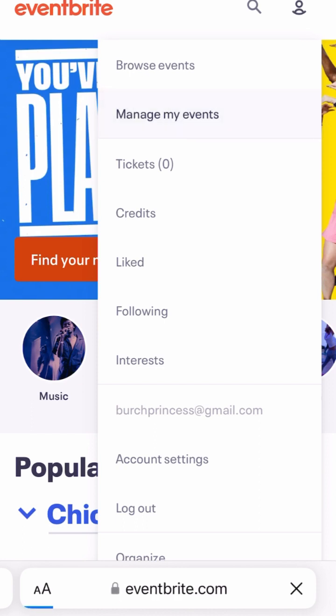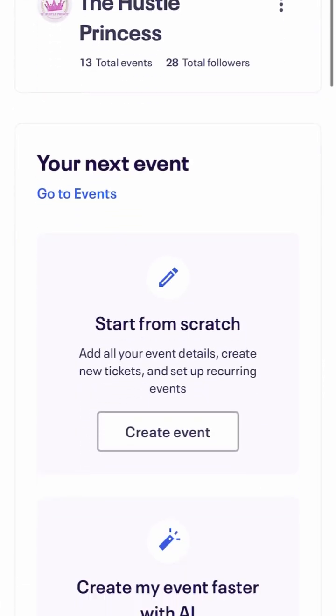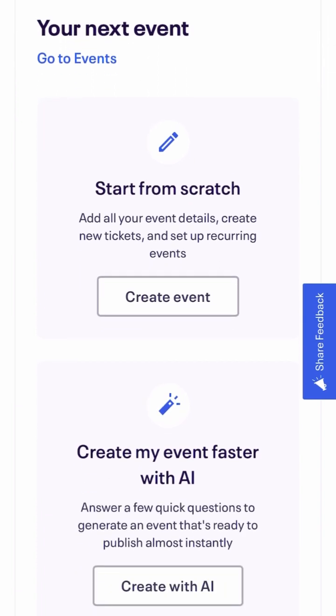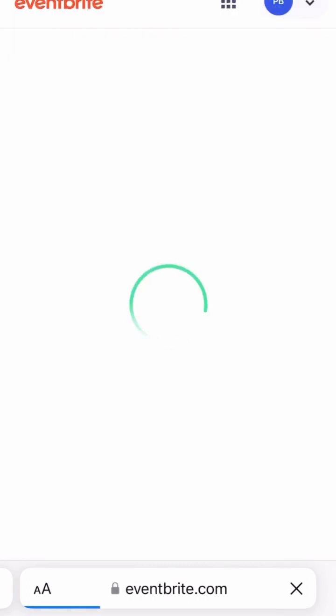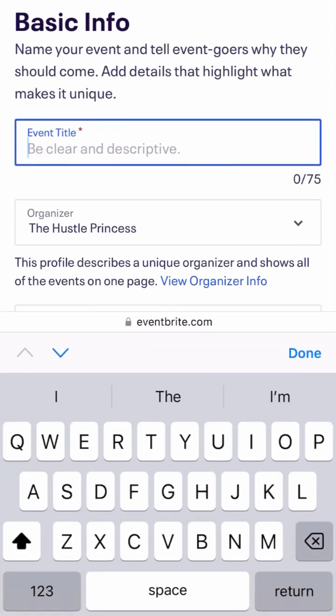So right here we are on the Eventbrite site, and what we go to first is manage my events. So when you're on the manage my events page, it takes you to your own slot, and then from there I click on create an event. So you can see you can create it with AI as well. That's an option I haven't tried, but I'm guessing what it does is help you generate everything a little bit faster. So for this portion, I just insert in the basic info.